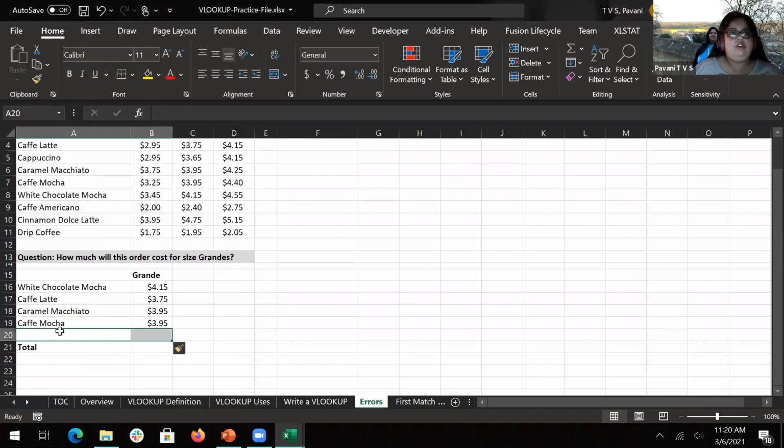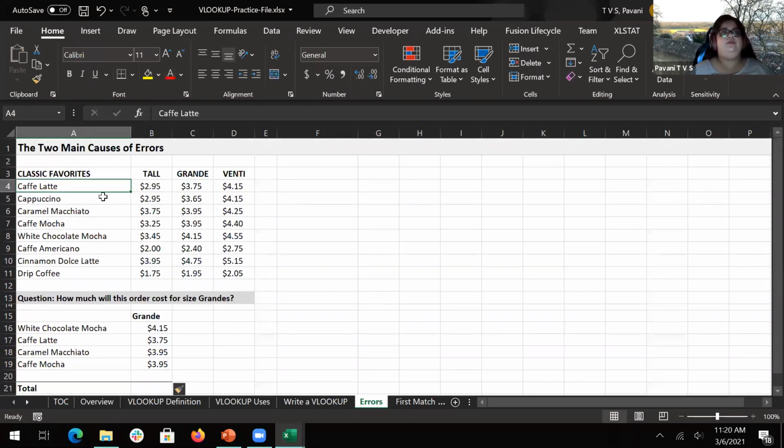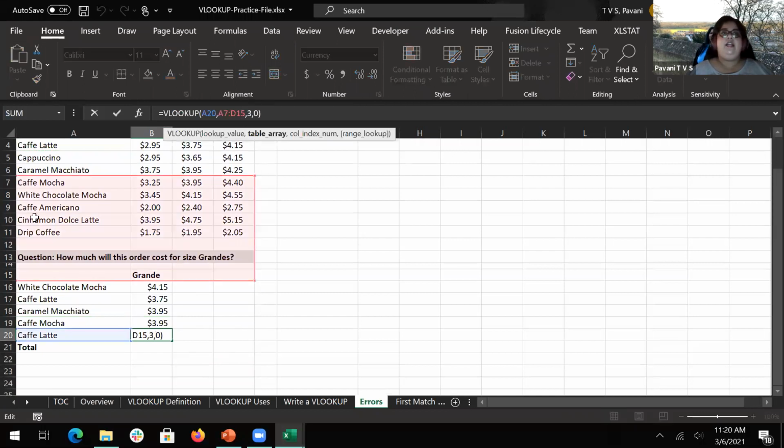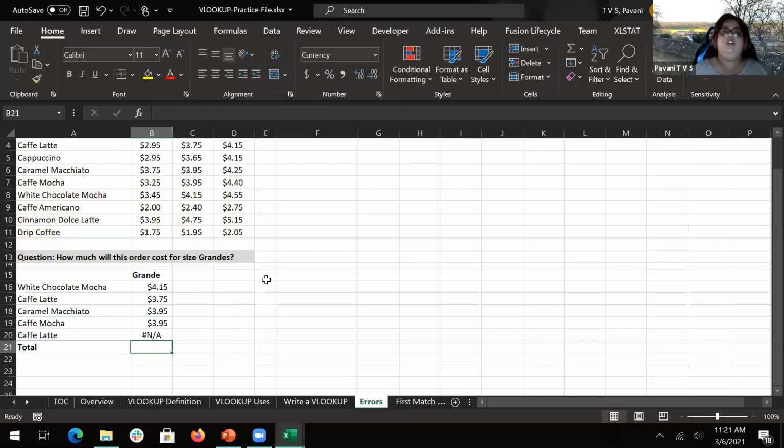Cells down. So say I want cafe latte now. But if I pull this formula down, it will throw me an error because that particular table came down. I should lock the table in order to get precise values.